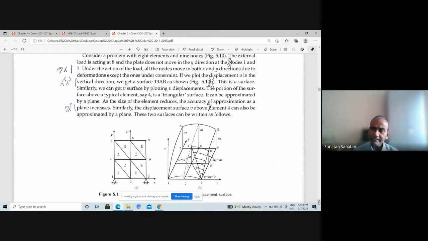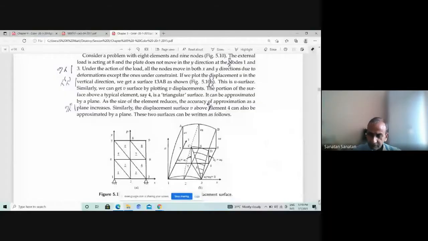And in this process, you find that this will enable you to connect the corner node displacements with the external load applied, and that will be a set of simultaneous equations. So once you have the load specified at the corner nodes from the given loading, you can write the relationship between the displacements at the corner nodes by solving those simultaneous equations. Then subsequently you can get the stresses and strains at any point within the body. So this is the gist of the finite element.